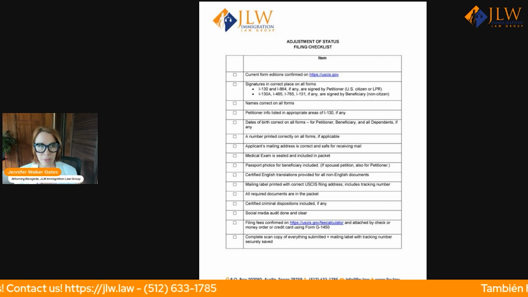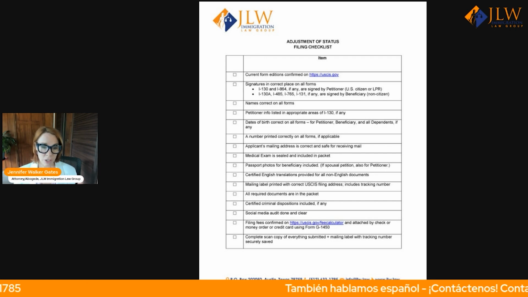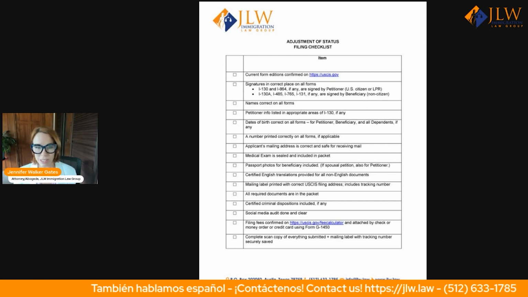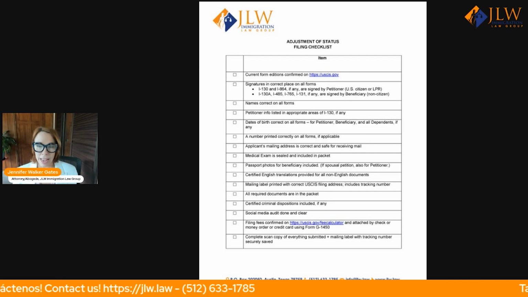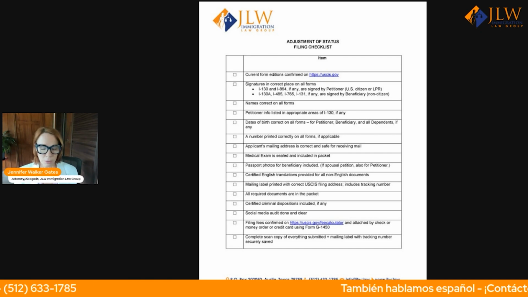Often it's maybe third or fourth from last, but it's important to check to make sure you know where you are supposed to sign and that you signed in the proper place and the proper person signed in the proper place. Names correct on all forms. I know this seems really obvious, but nothing will trigger a request for evidence like having some kind of discrepancy